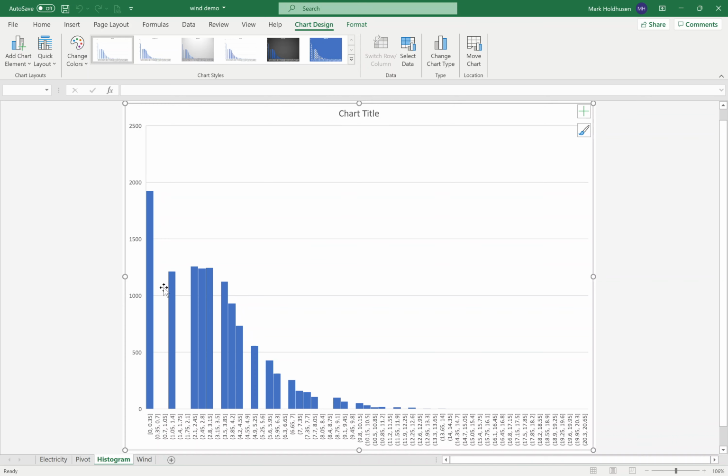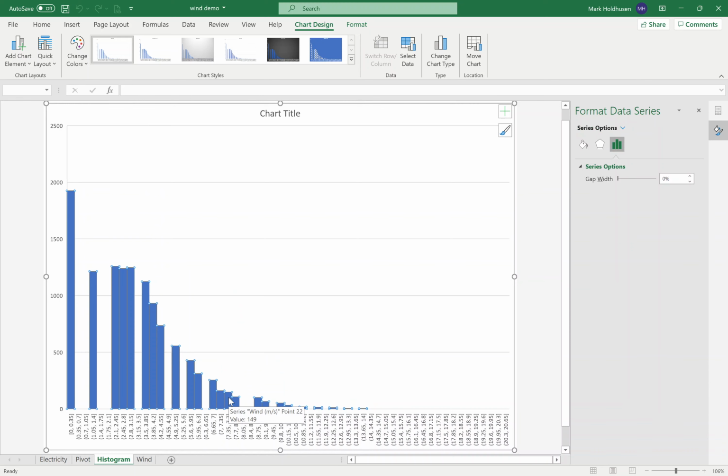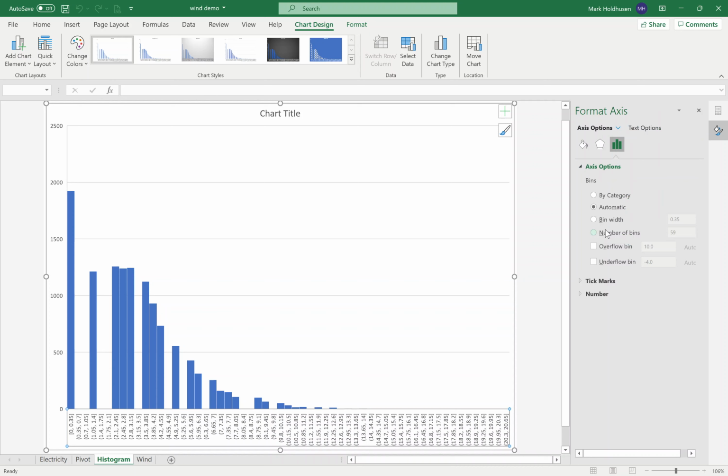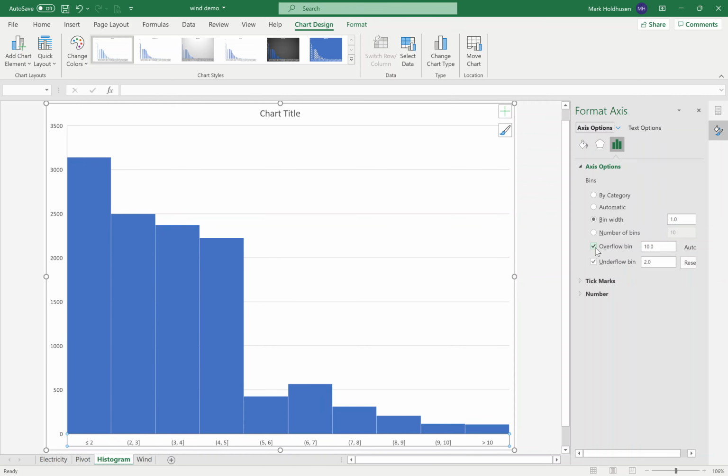So I've got this. Now again, I want to go in here and not select data. I want to format data series. There we go. I want to go with my horizontal axis and set up my bins. I want my bin width of 1, and I want an underflow bin. Remember, anything below 2 I want in my underflow bin, so anything less than 2 is going to go there. And then anything greater than 15,